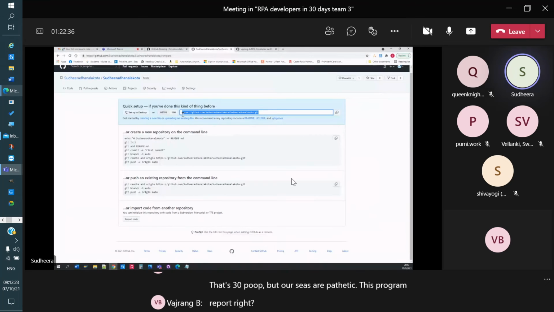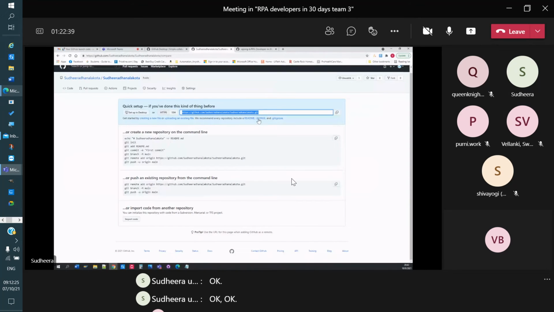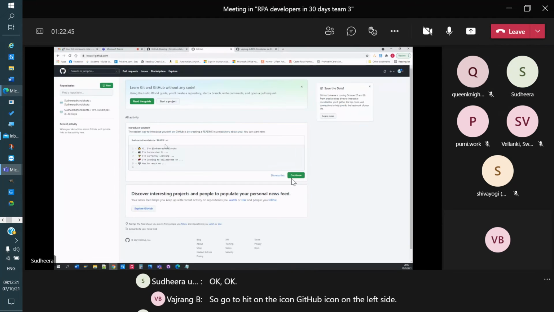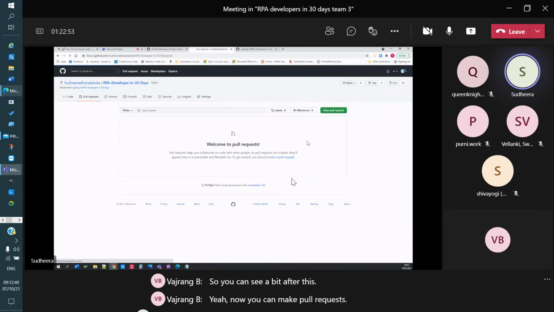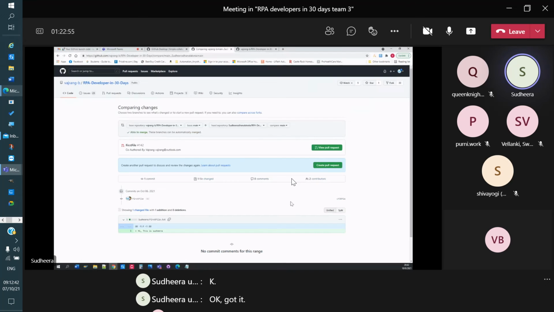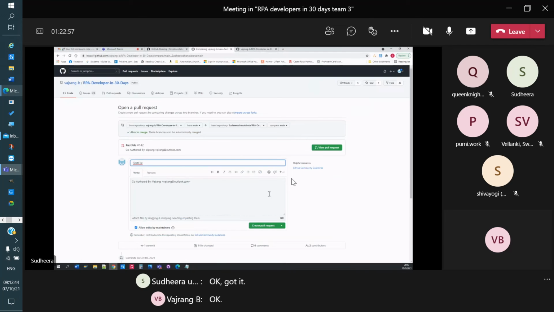Okay. So hit on the GitHub icon on the left side. Now you can see RPA30days. Now you can make pull requests. Okay, got it. Create a pull request again.